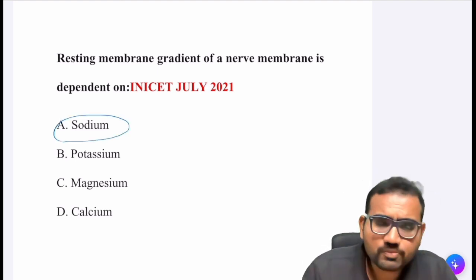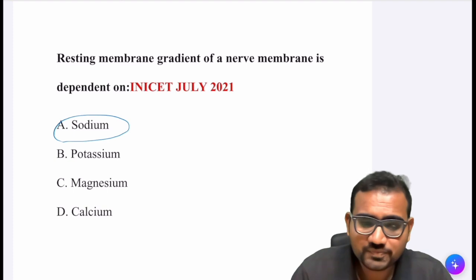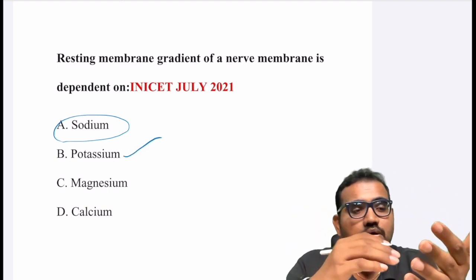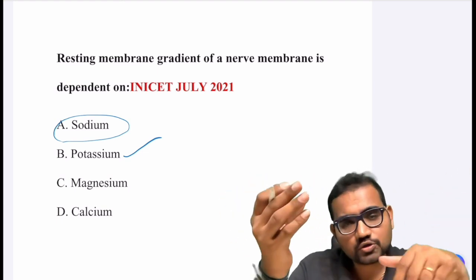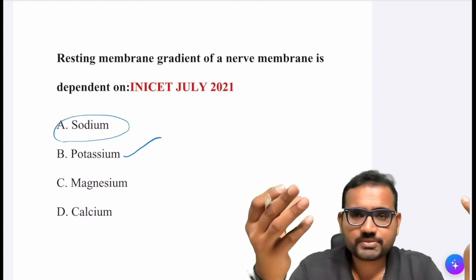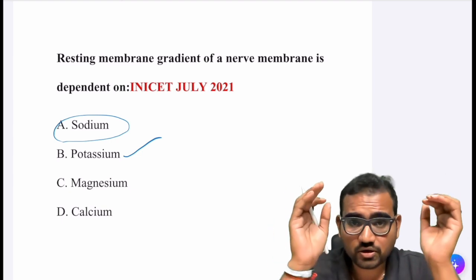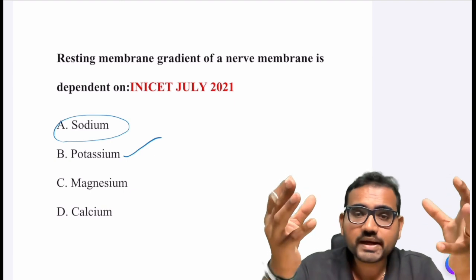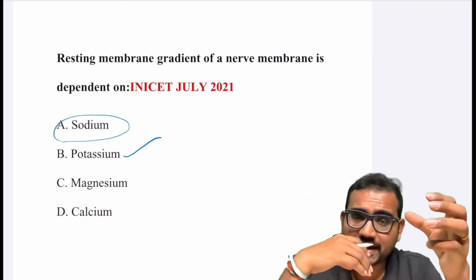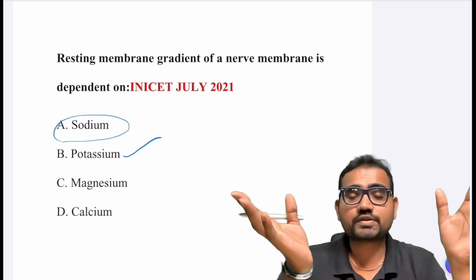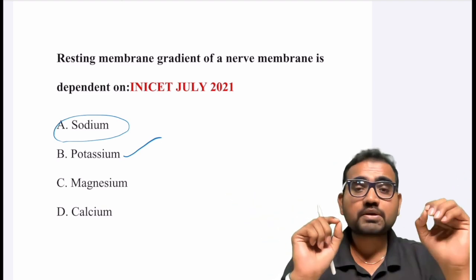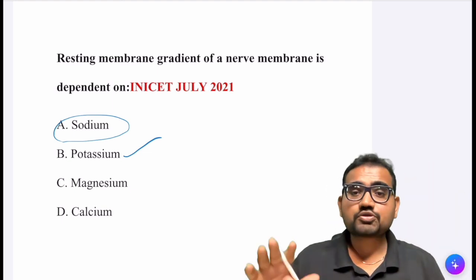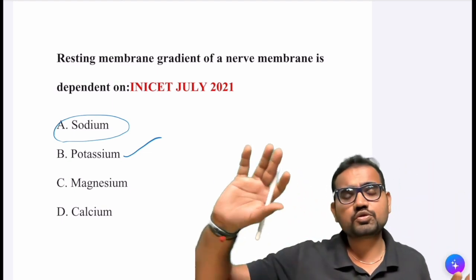What is it? It depends upon the sodium. No, it depends upon the potassium. Why? Because imagine, of course the sodium goes out of the cell, the potassium comes in via the sodium potassium ATPase, but the main or significant thing required for the resting membrane gradient is the potassium. Because the potassium is pumped in, and again because of the high gradient it goes out of the cell. One thing you have to remember, as I told you, is that there are leaky potassium channels and leaky sodium channels. Okay, so through the leaky potassium channels the potassium goes out, leaving the negative ions,